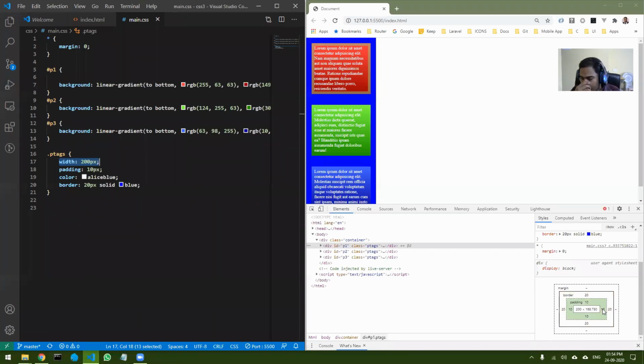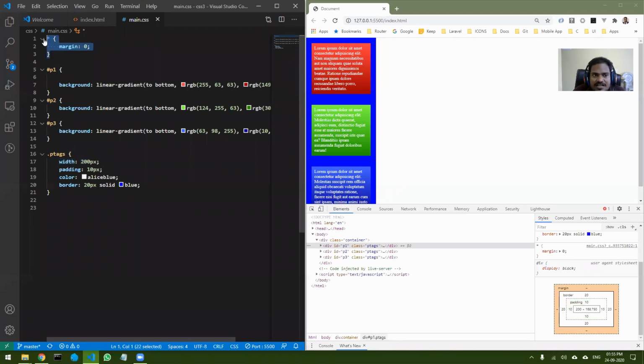Now let us assume that you have designed your web page for 200 pixel size, and after adding border, margin, etc., it has now become 260. So your entire layout gets disturbed. This should not happen. To avoid that, there is a simple trick.